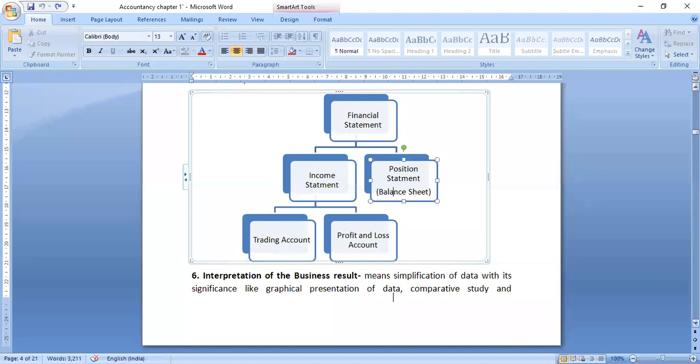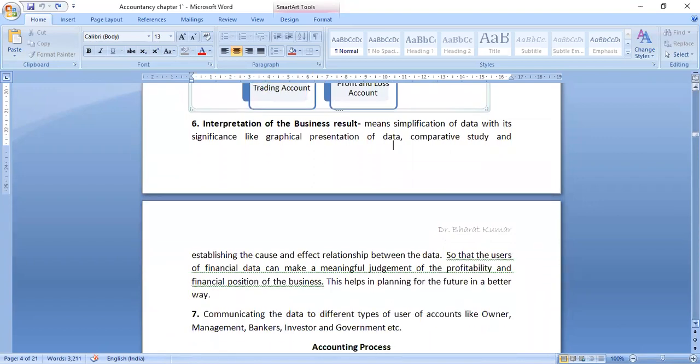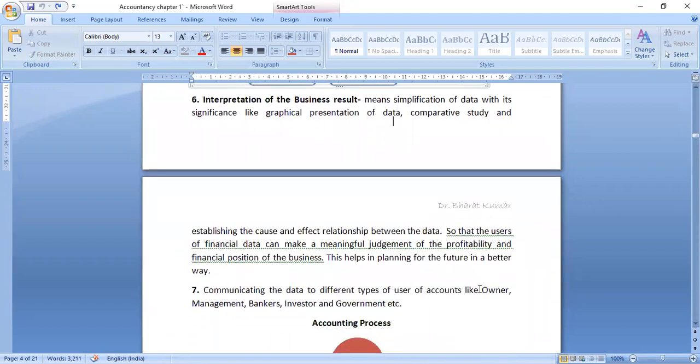And all this information we have to communicate to different types of users, like owner, management, banker, investor, and government. Why? Because every person is interested in this account, because they want to know